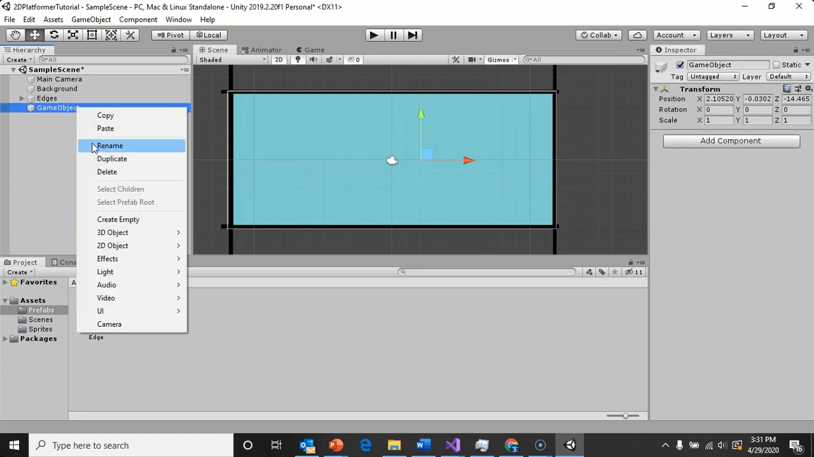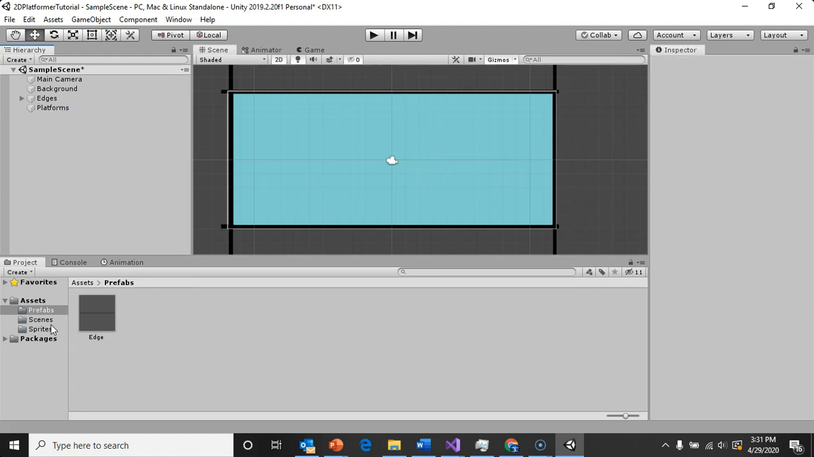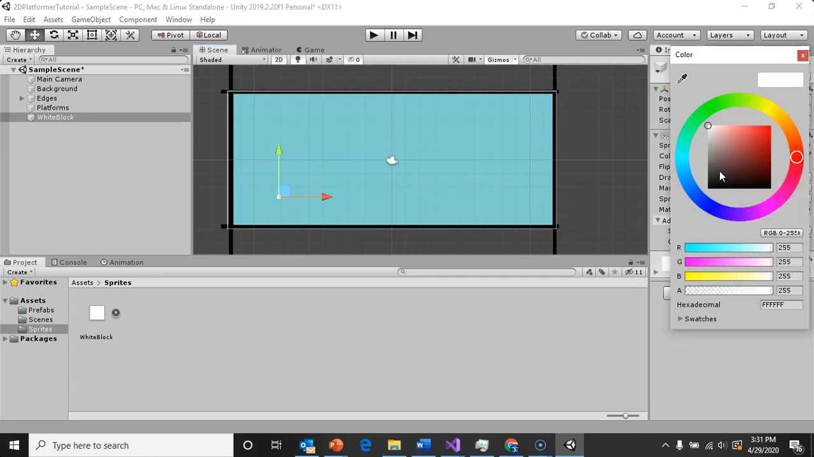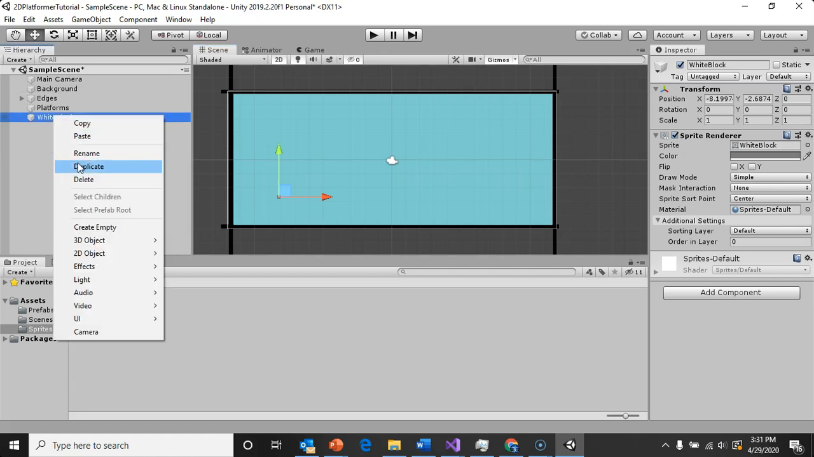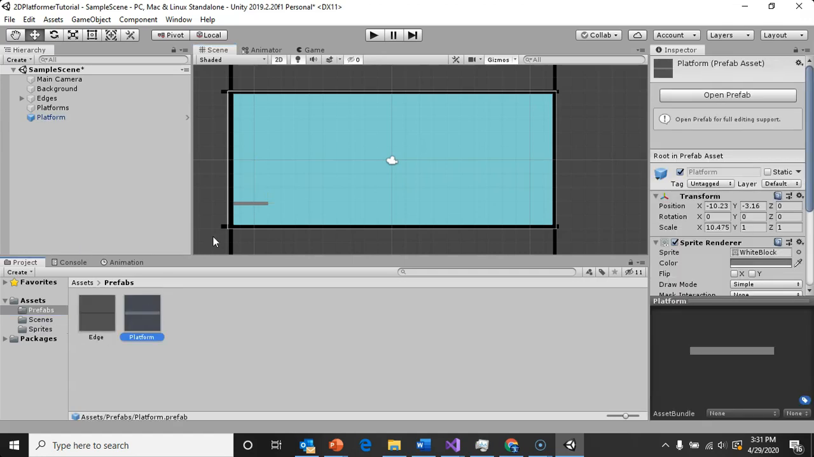Okay, and now we're going to create an empty, and we're going to call it platforms. What we're going to do is drag a new white block in. And we can have this be a little bit different of a color. And rename this to platform, singular. And stretch it out just a bit. So at least we have a general size of our very first platform. And then we can drag that platform into our prefabs. Now we have a gray